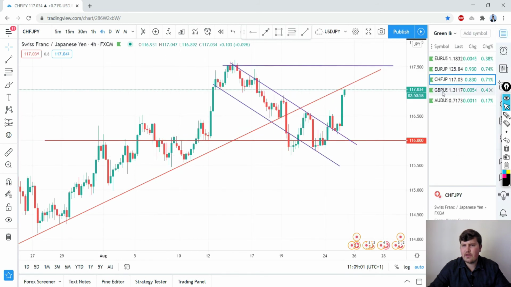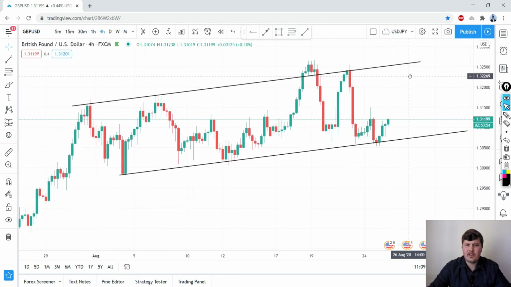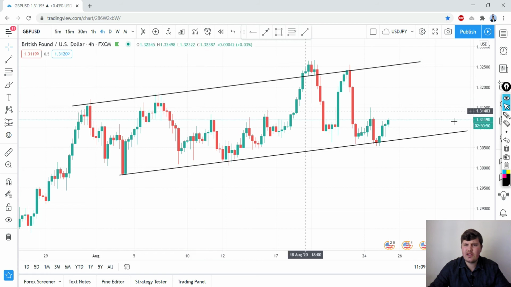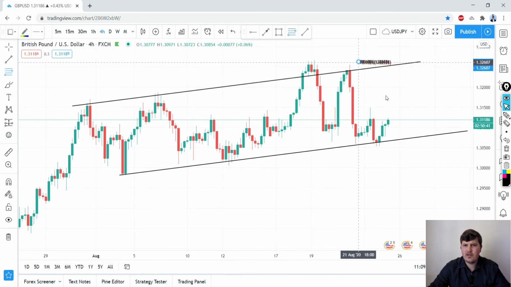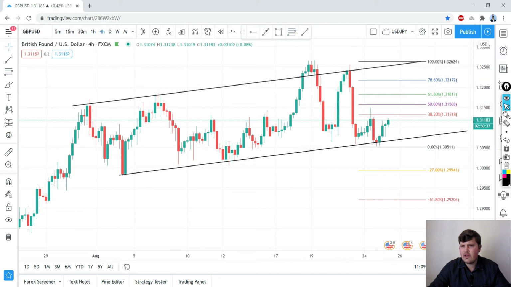And then let's take a look at the pound USD. This is also similar to the EURUSD. We are also in a bullish channel at the moment, with price reacting at the bottom of the channel over here. So if we just roughly draw a Fibonacci to these lows, we can maybe expect either price to continue higher to the top of this channel and then maybe even break out of this channel,